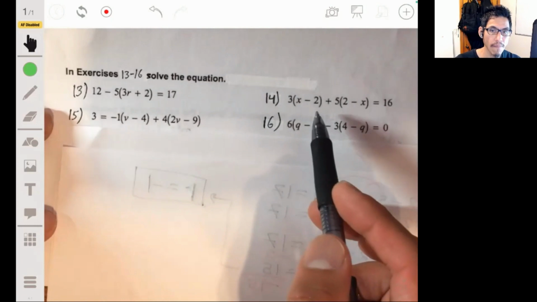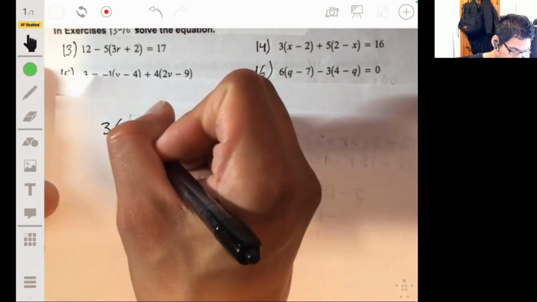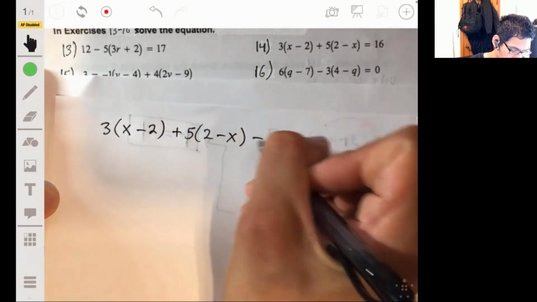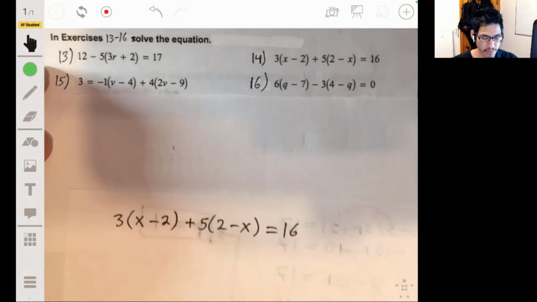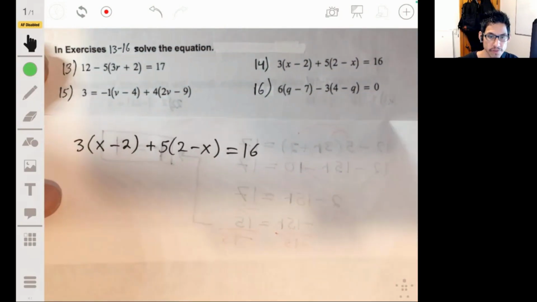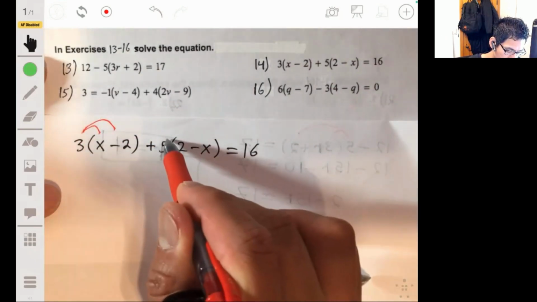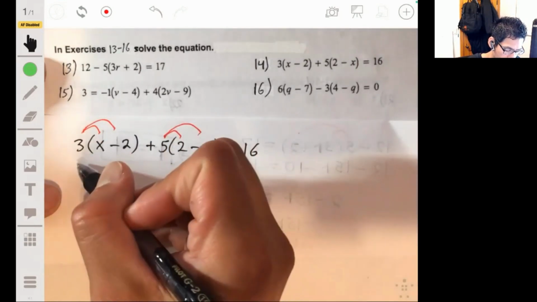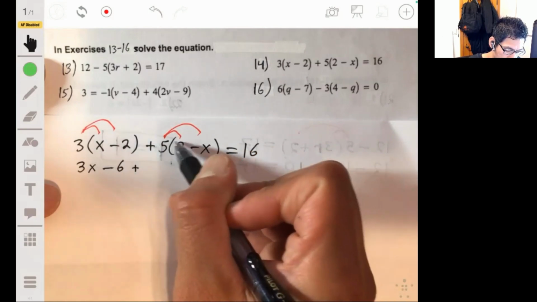14. 3 times x minus 2 plus 5 times 2 minus x equals 16. So again, just make sure that you're distributing correctly. So 3 times x, 3 times -2, then you got the 5 times the 2, the 5 times the -x. So you get 3x minus 6 plus 10